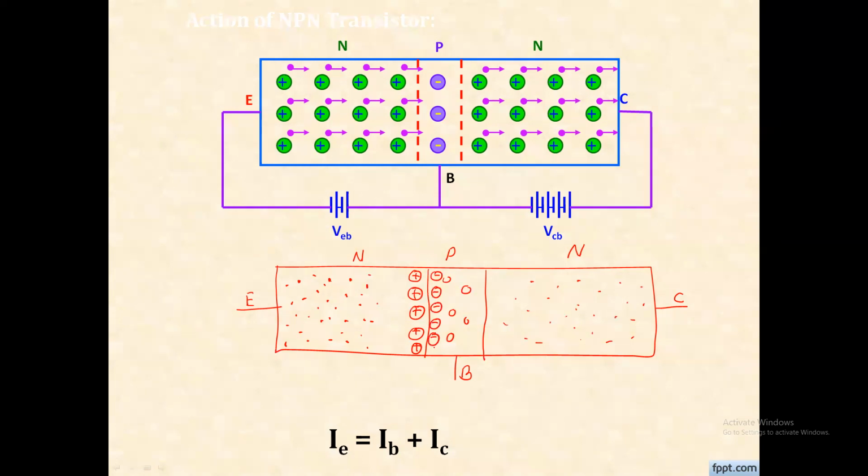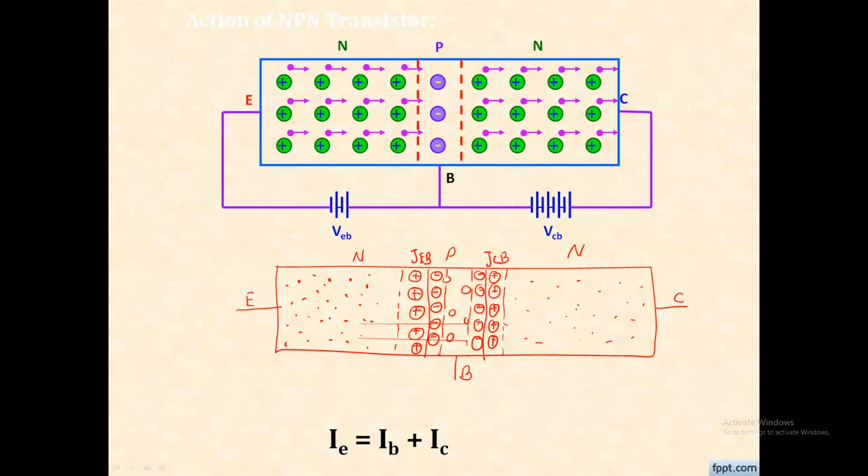So this is the first junction, within the emitter to base. We call it an emitter base junction. Similarly, in between collector and base region, in the collector region, in the N region near to the boundary, a positive ion layer is formed, and in the P region the negative ion layer is formed, and this region we call it a collector to base junction.